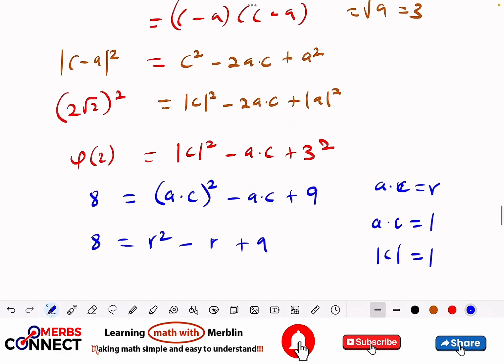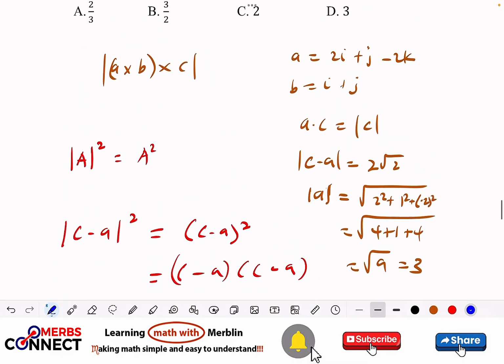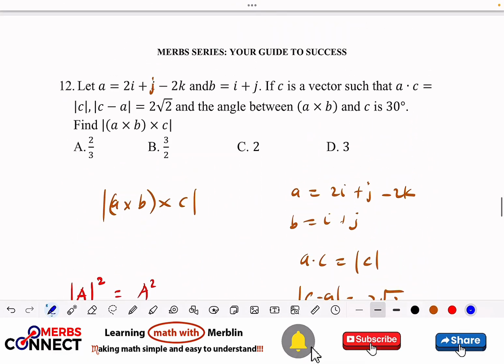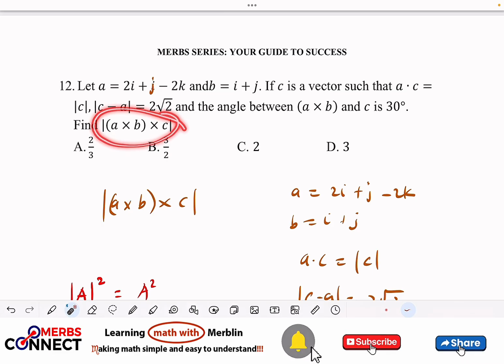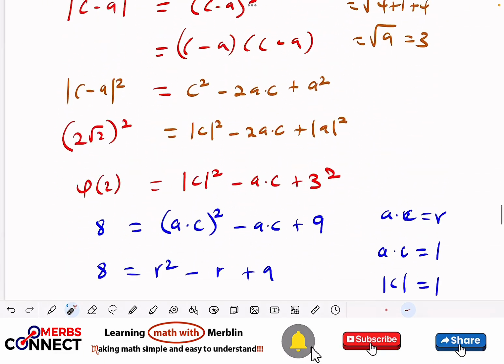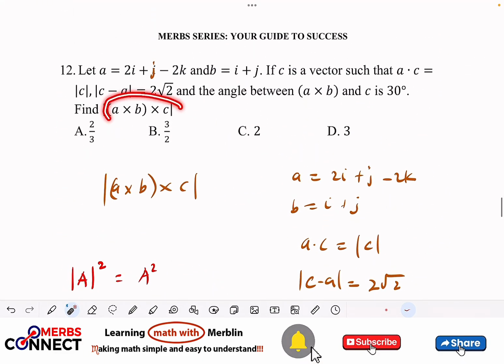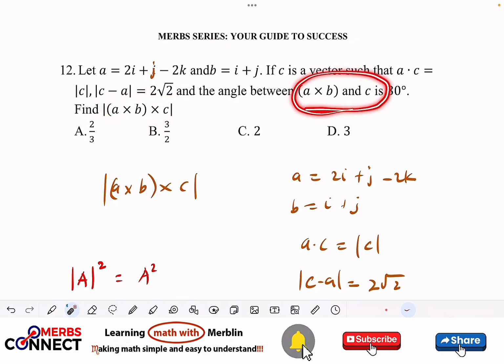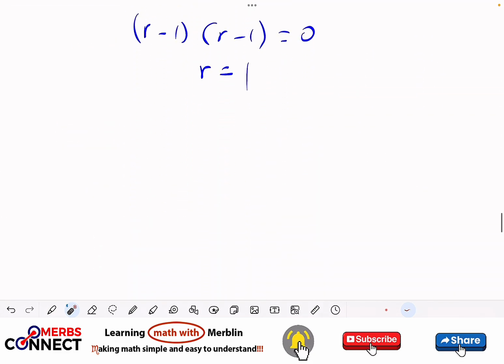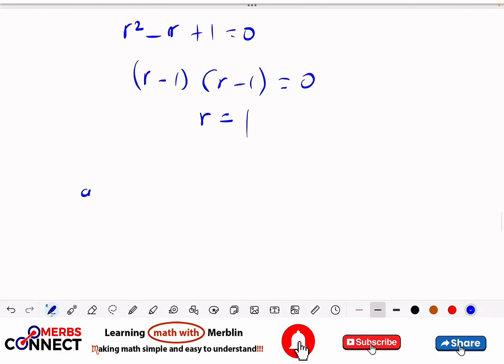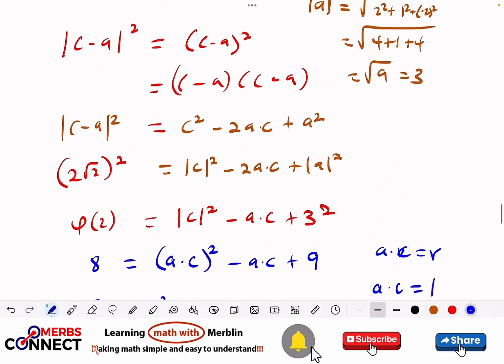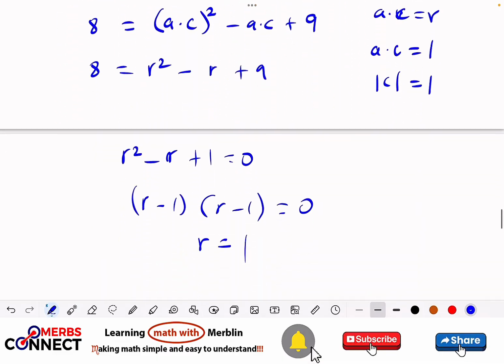So we've gotten this one here. Now, why are we doing this? We are doing this because we need to find this. Good. Now, what do we need to do again here? We know that the angle between A cross B and C is 30. So for us to solve this, we need to use the cross way of finding the angle, right? So we are going to have A cross B, is that right? Good. A cross B